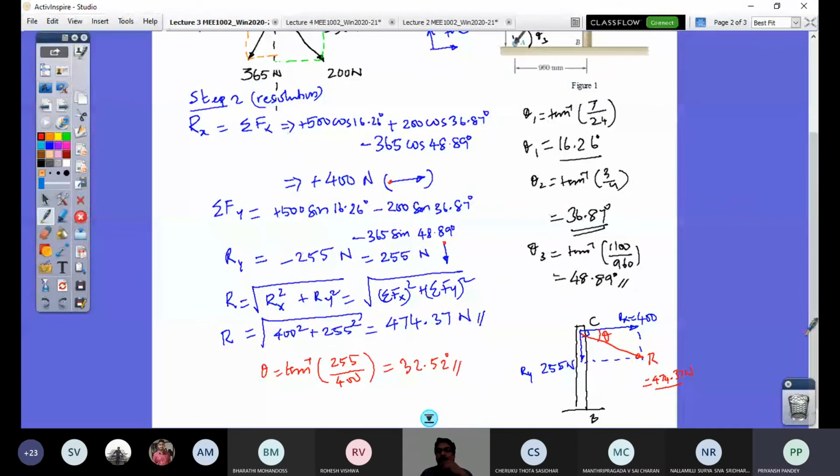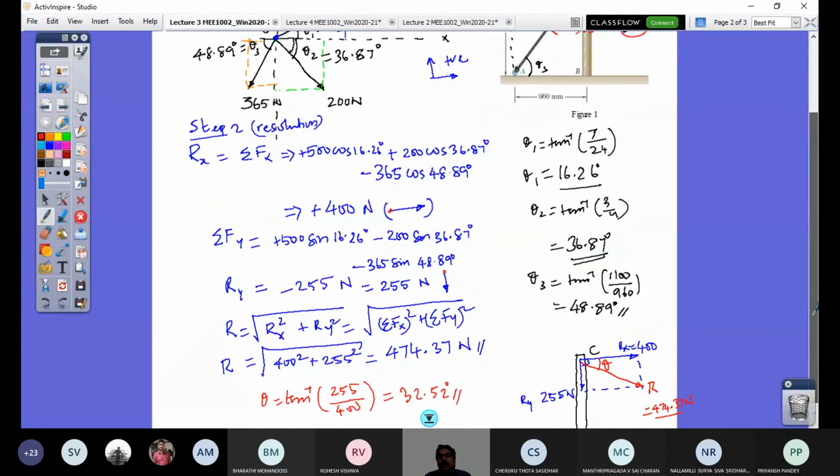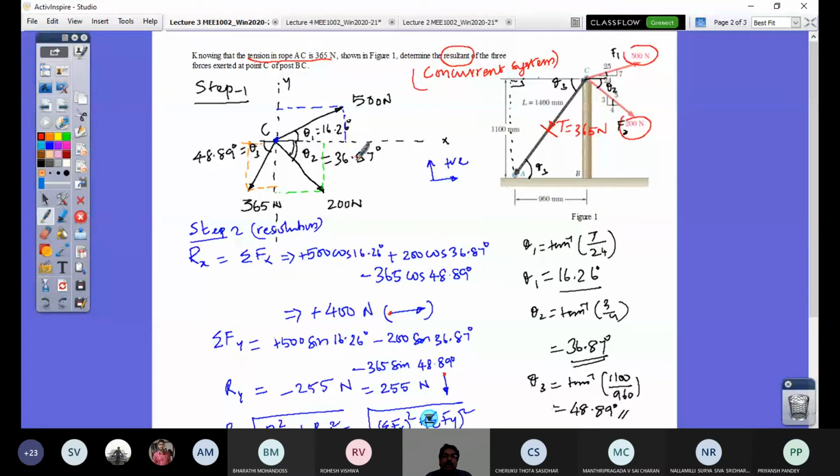Yeah, please. Sir, in this concurrent force question, would it have been more complex if we used the parallelogram rule? It's not complex, it is just repeated. See, if you have to solve the same problem by the parallelogram law of forces, you have to take these two forces. I know these two forces by magnitude, and I know the angle included by them. So I know the resultant would be found if I complete this parallelogram like this, right? I leave it to you as homework to confirm the same answer.